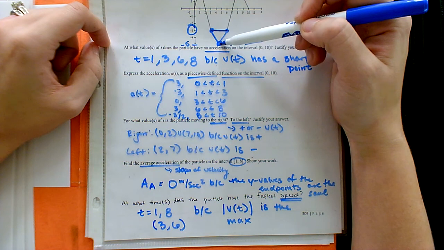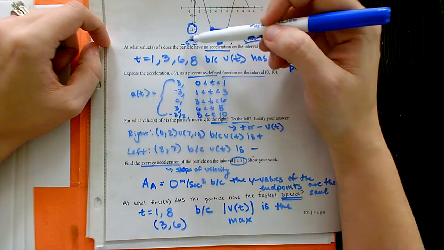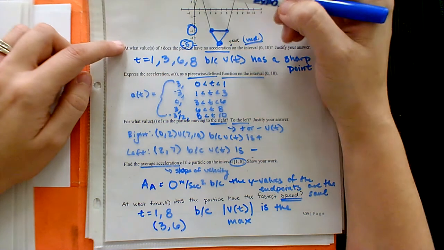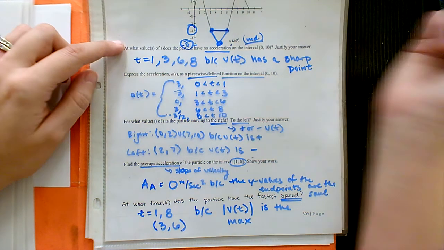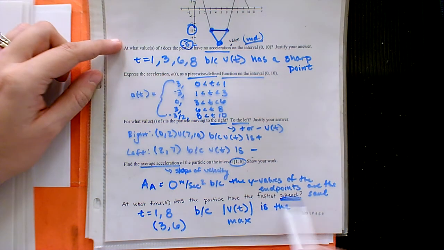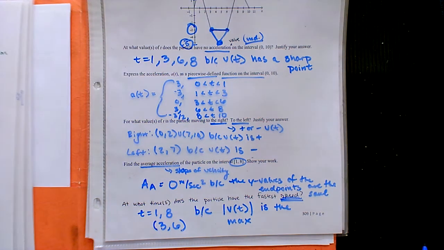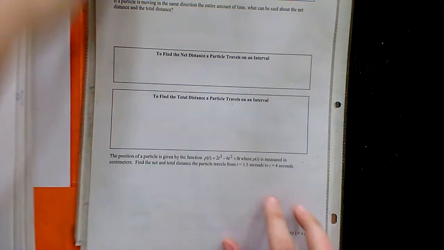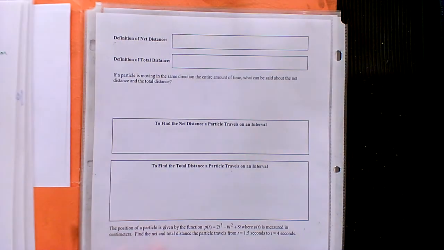This would be the fastest speed, even though it's a minimum. Okay, you're traveling at 5 meters per second to the left, whereas up here you're traveling at 3 meters per second to the right. So if you're just looking at speed, you just want the number value. The sign doesn't really matter. Does that make sense? Okay, a little tricky. All right, good review. So let's go ahead and talk about distance on the next page.